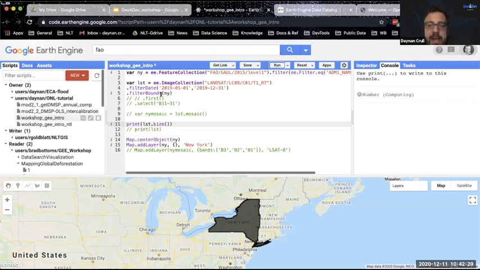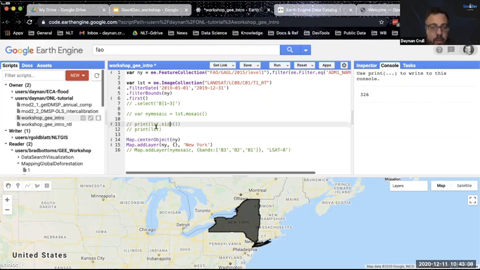For time's sake, I'm not going to get into the details of selecting bands and doing the mosaicing, but I think it's important to realize that once you get a sense of what images are and what an image collection is, you should be able to do that. This filtering is taking a bit of time. Okay, so 326 images that span the time of 2019 and span the space of touching New York are in this collection. And so you can see how filtering helps you narrow things down. I could even go as far as to say, I only want the first image. But now what's happening is instead of an image collection, I'm getting just a single image object.